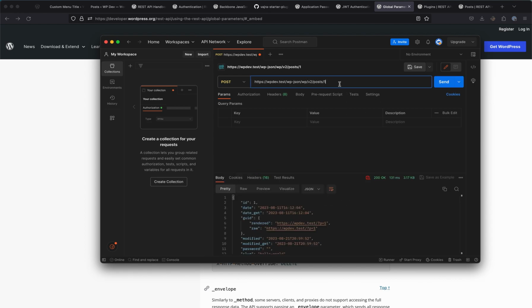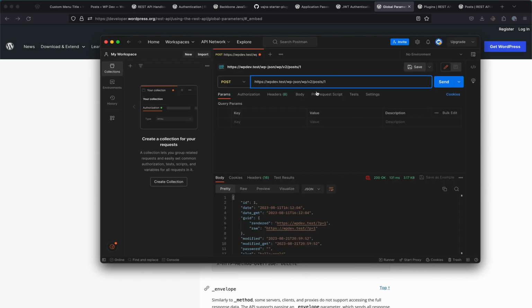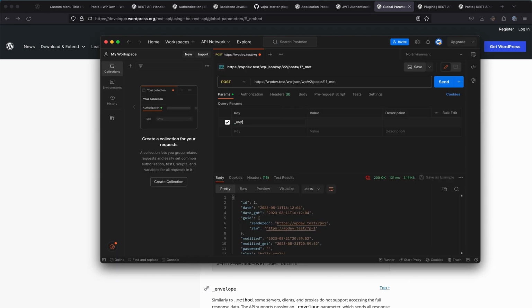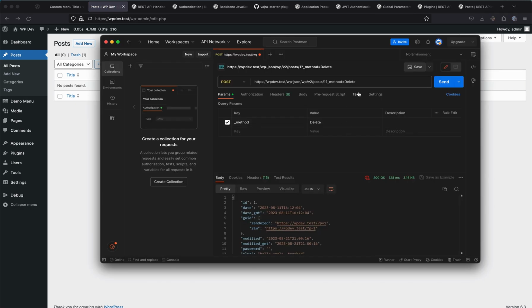This will also work as expected, but the method delete, I think we can simply say that here as well. Underscore method, is it? Okay, it's in method delete. You'd want that in caps, don't you? Did that delete it? Alright, yeah, so that worked. I think for some reason that wasn't working in that REST, sorry, the